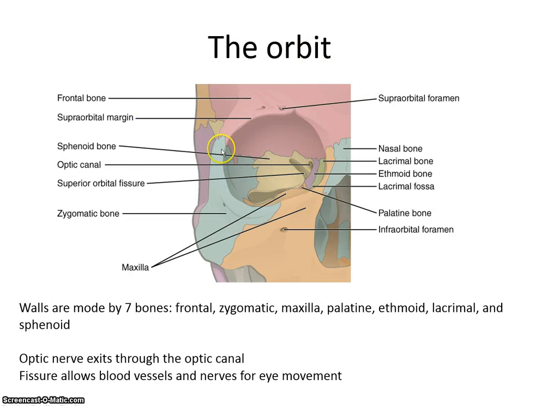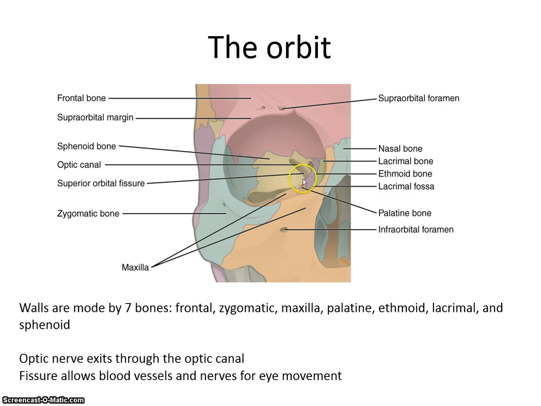All right, looking at the orbit itself, it turns out there's about 7 bones that make it up. It's a pretty complicated structure, all things said and done. There's the frontal, the zygomatic from the side, the maxilla, right, the palatine, you just saw a little tip of it right here, the ethmoid and the lacrimal in front of that, and then the sphenoid really forms a lot of the rear. The optic nerve that we'll be looking at much later in the class exits through this optic